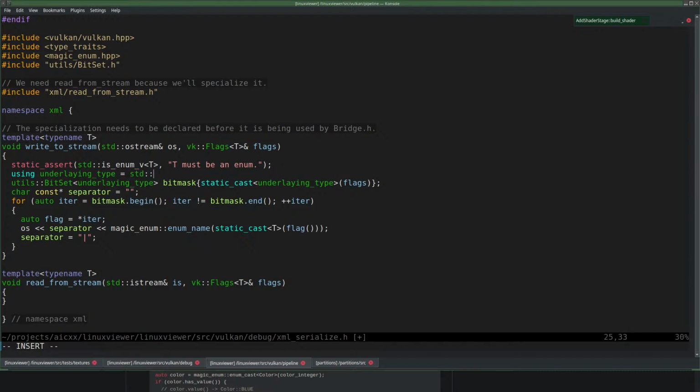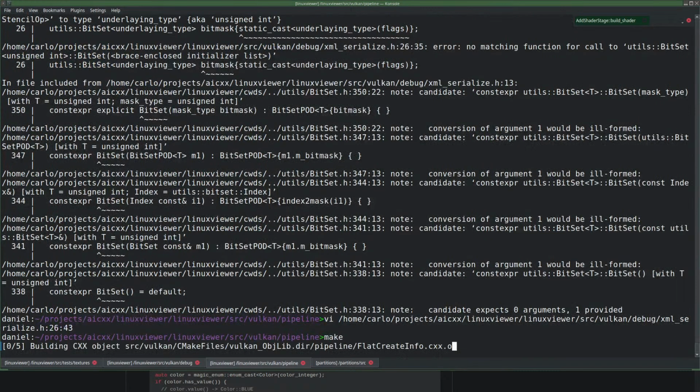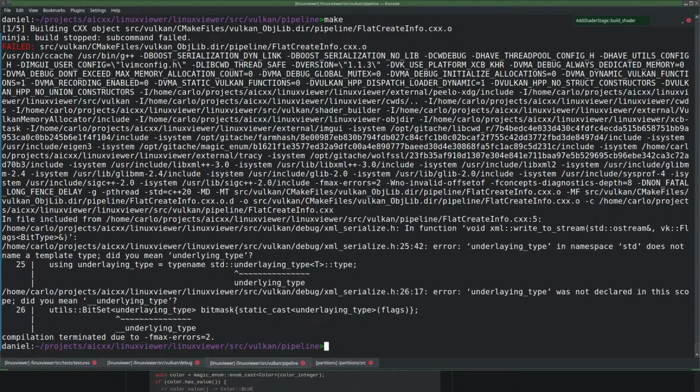I'm gonna try then standard underlying type. T type.